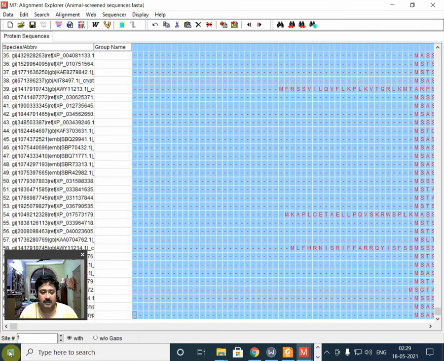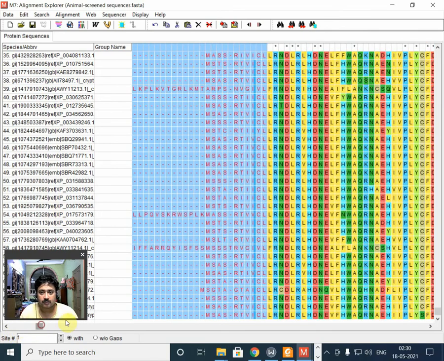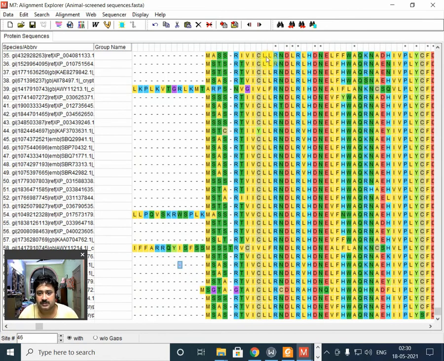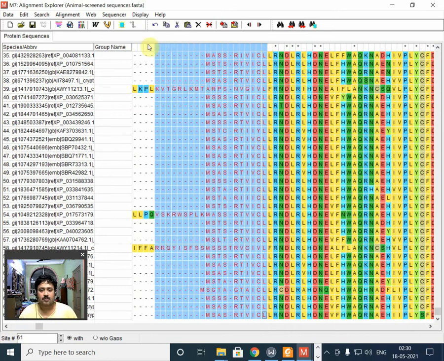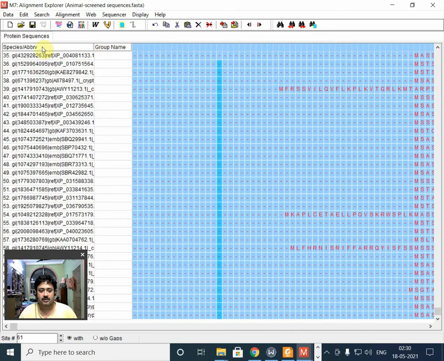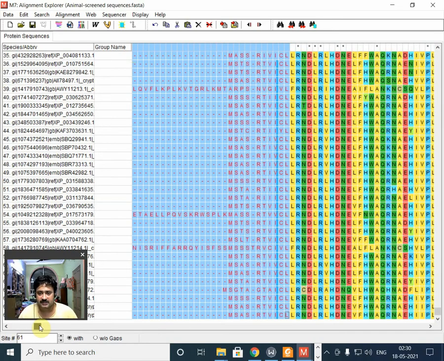So this is a shortcut. What you can do is you can simply select the L over here, this particular column, and then you can just keep the mouse pressed and go left twice, leftward, and then to the very end of it. So this is one option of selecting, and then you can directly press delete.